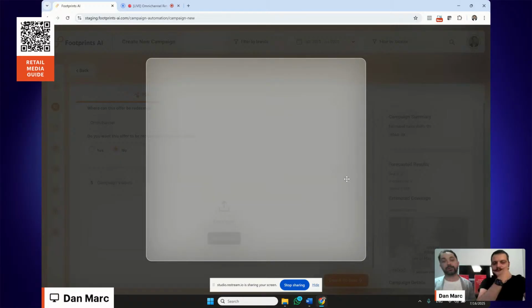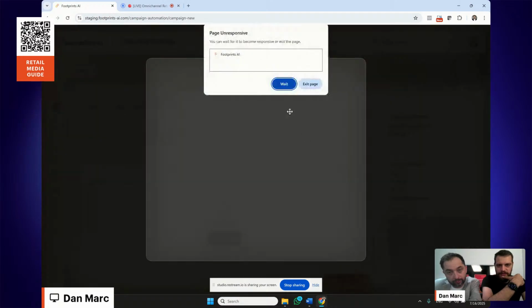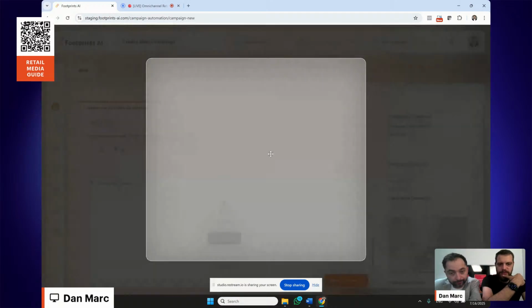Okay, so you have to choose between Gen AI, free images, and image library. We can also add the key visuals in the next step